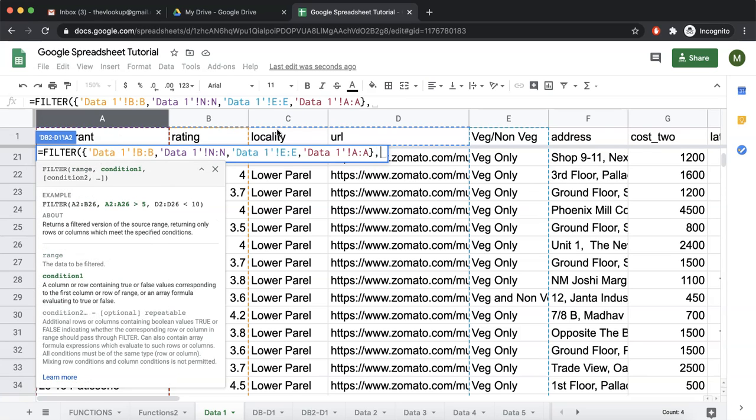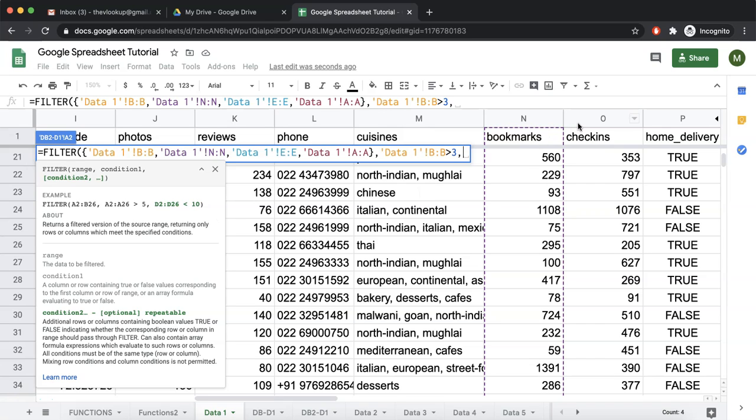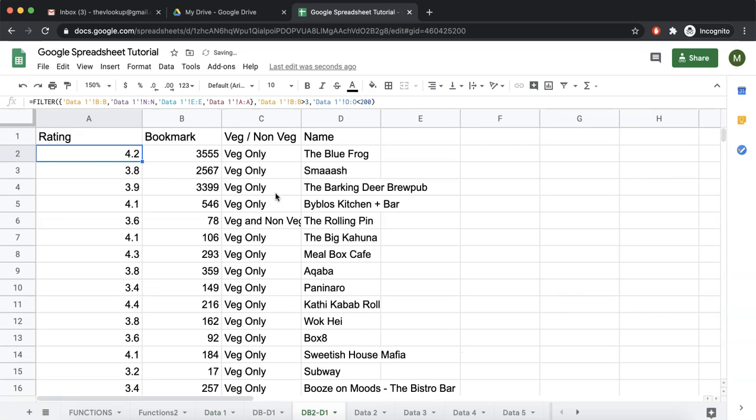Now you see we have data B, column N, E and A, and all this is wrapped in one curly bracket. Now this is considered as one argument of filter. Now we can do whatever you want. The condition is this rating should be greater than 3 and check-in should be less than 200, filter close. Now we have the data in whatever order we want, and then again we have applied the conditions that this should be greater than 3 and this should be less than 200.